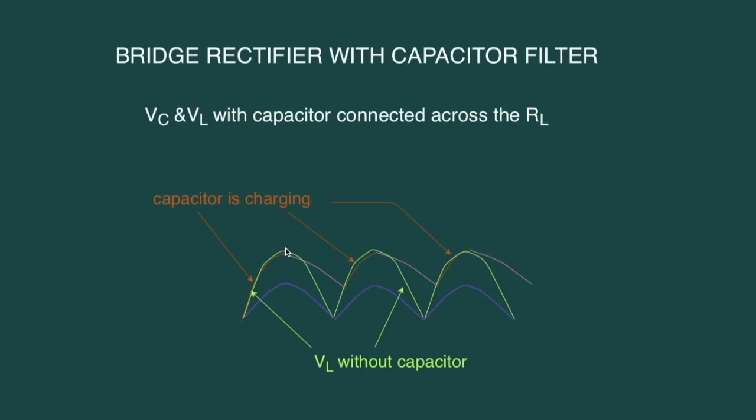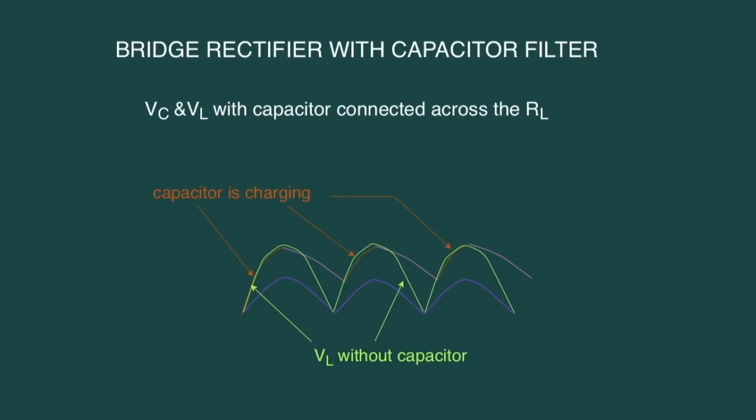We can notice that voltage across the load resistance changes from 0 level to maximum level within half the period of the output cycle, that is 5 milliseconds. We can select capacitor in such a way that its charging time constant is much smaller than 5 milliseconds. That means the capacitor voltage changes very fast, and we can assume that it is changing as fast as the voltage across resistance is changing. Thus, in the very first cycle, voltage across the capacitor follows the same path as the voltage across the resistance.